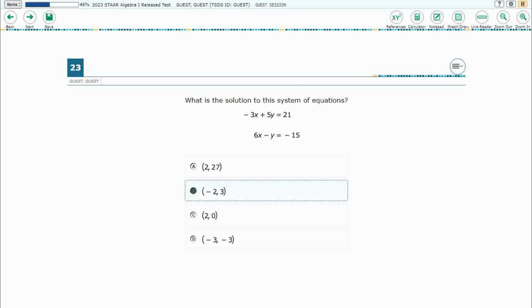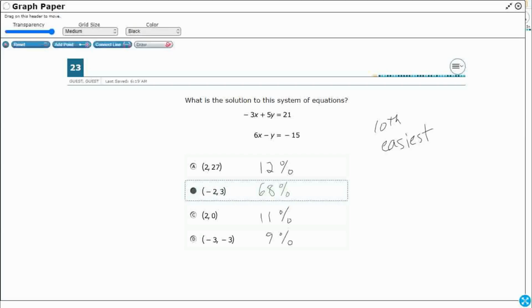Let's see how we did across the state of Texas. So 68% of the students got this correct. This was the 10th easiest question. So it's not the easiest, but it's within that top